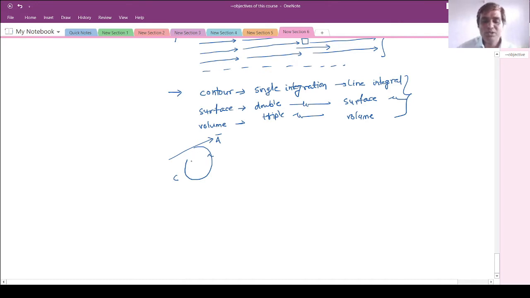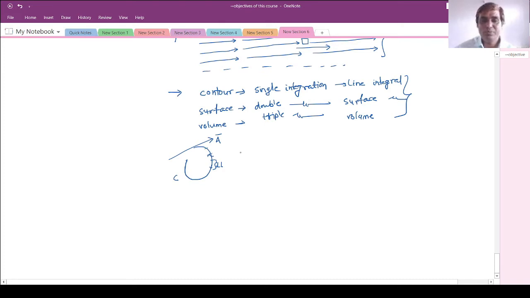So what is the procedure? The procedure is first to do the dot product of vector a bar with some small length dl. You consider some length segment, integrate it, and sum up. Then you take the next length, do the dot product between a bar and dl bar, sum up, and do the same process for the whole contour. So you will be able to find the contour integration.